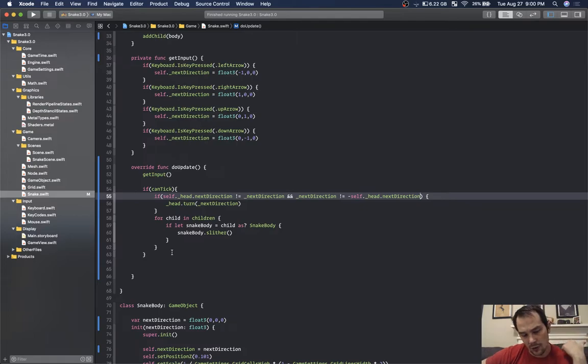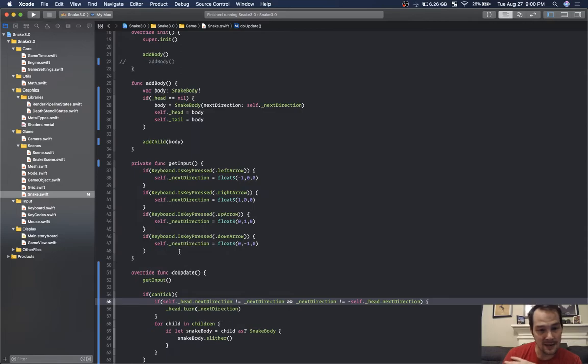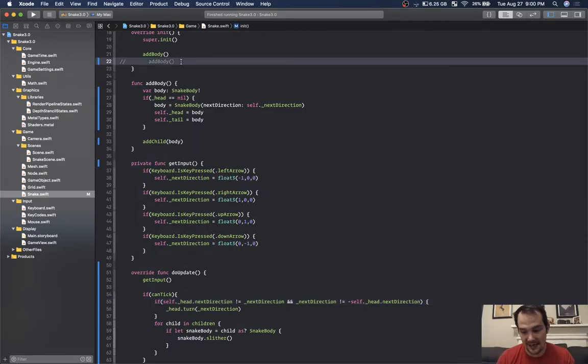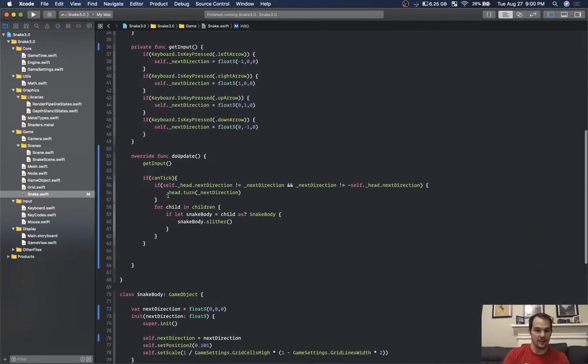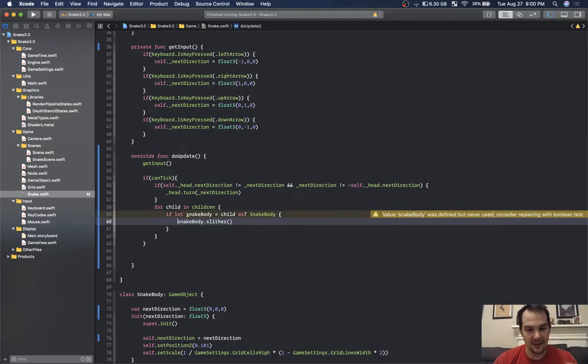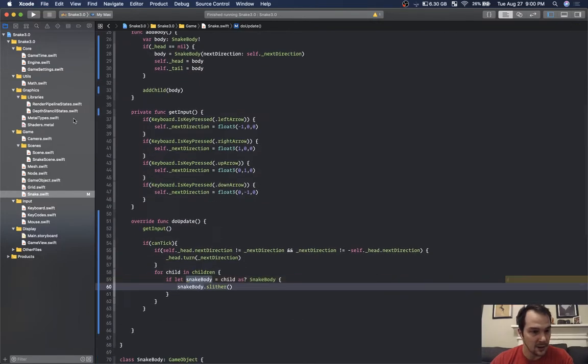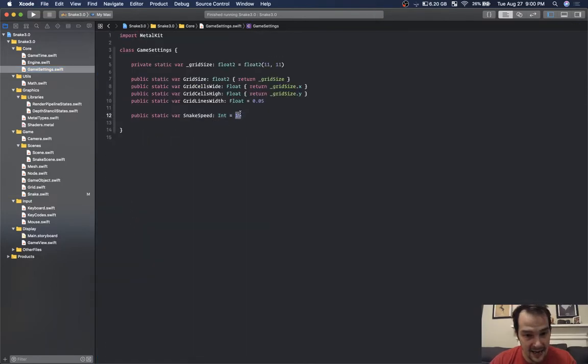So we're snake body slithering, when we add a body, a child. So now let's add a second one, and let's not slither. Okay, so we're staying still. As a matter of fact, no, let's do this. What we're going to do is we are going to slither, but we're going to slow down our snake to be like 1. I think it's like,